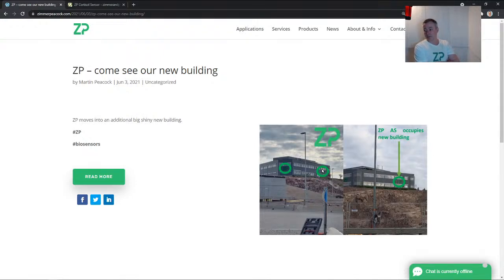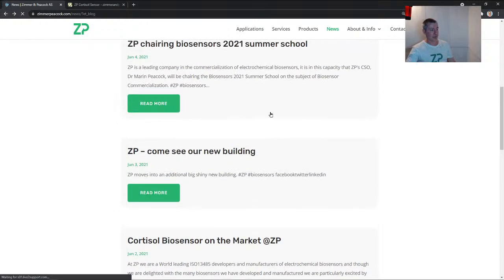We're keeping all the existing facilities that we have. This is in addition, and the good news is we've actually already filled this building. So we're really thinking about building a second building exactly the same size. Get building 4,000 square meters, fill building 4,000 square meters, need new building 4,000 square meters. So if you're interested in being with ZP and working with ZP, it's an exciting place to be at the moment.